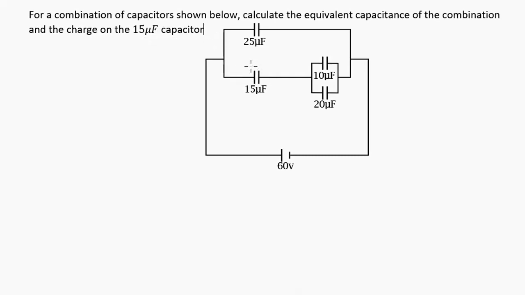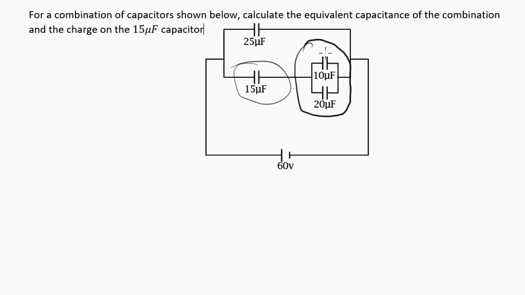So we want to find the charge here, and then we also want to calculate the equivalent capacitance of the capacitors here. So we'll simply go ahead and break this diagram down. The first thing is we're going to combine these and find the equivalent capacitance of this. And how do we do that? The equivalent capacitance of this should be